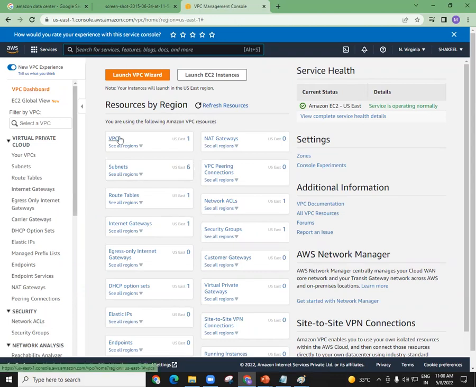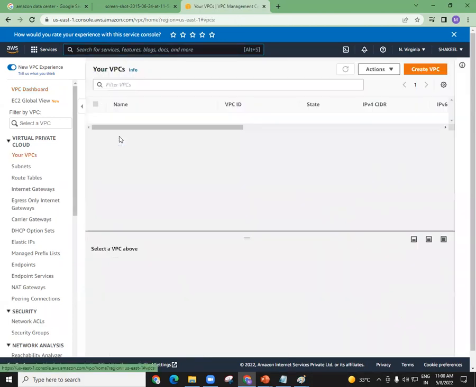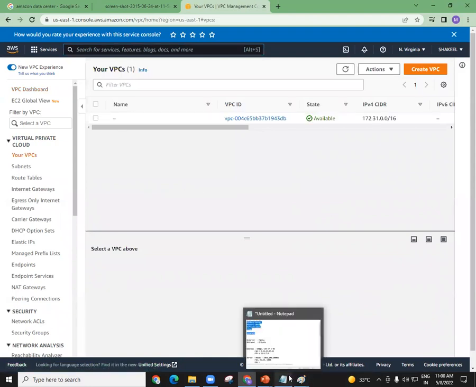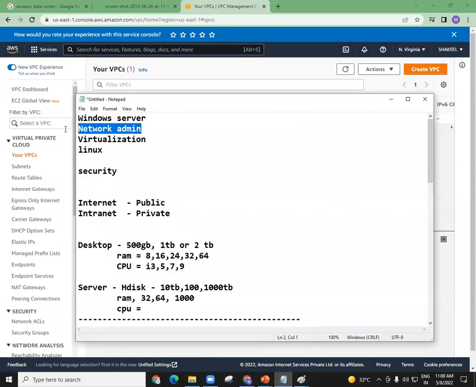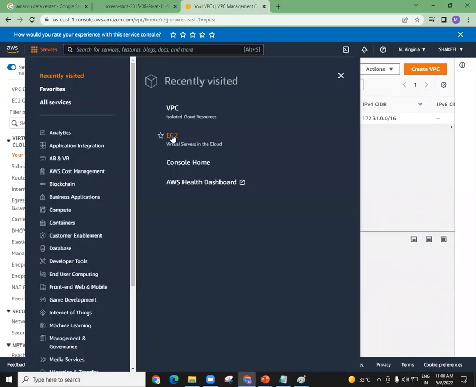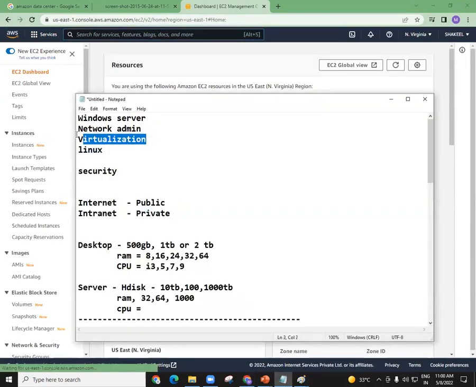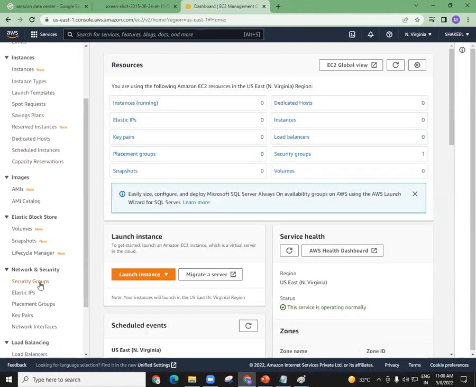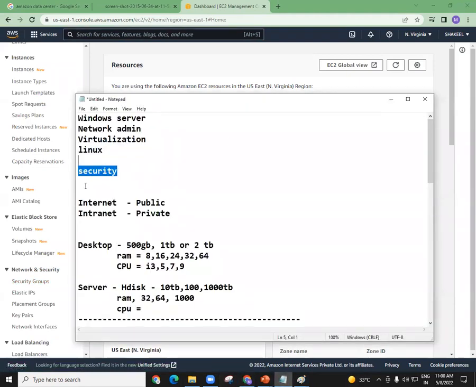But before we start even VPC, before we start what is virtual private cloud, we have to go through the basics of network administration. Before we start the EC2 part, we have to go through the basics of virtualization and server. Before we start the security part, meaning your security groups and all those things, we have to go through the basics of security, that is firewall. Got it? So without any prior knowledge, without any concept, you can still learn this course because we are starting from basics and we are going up to the advanced level.